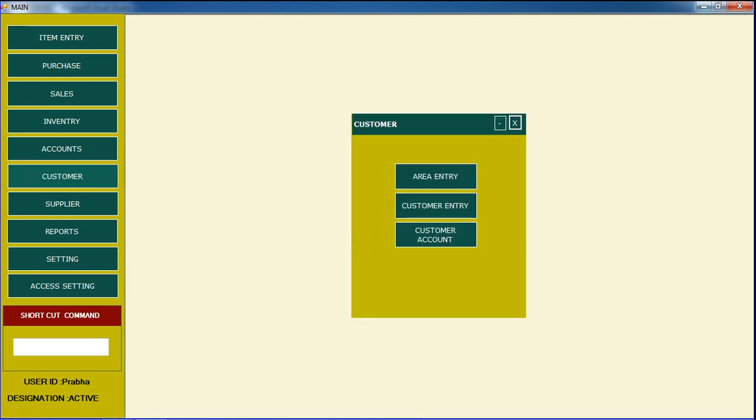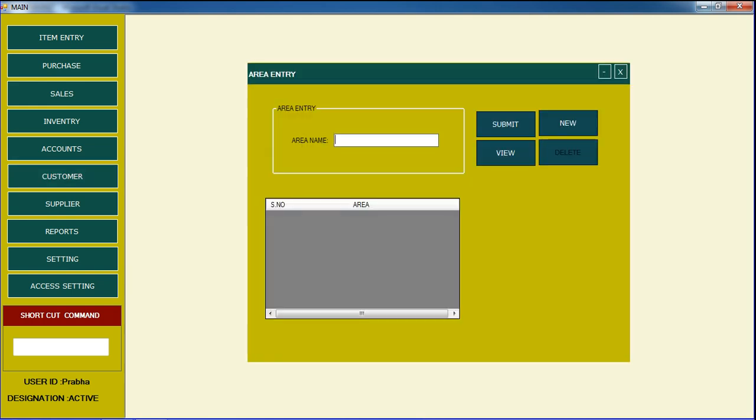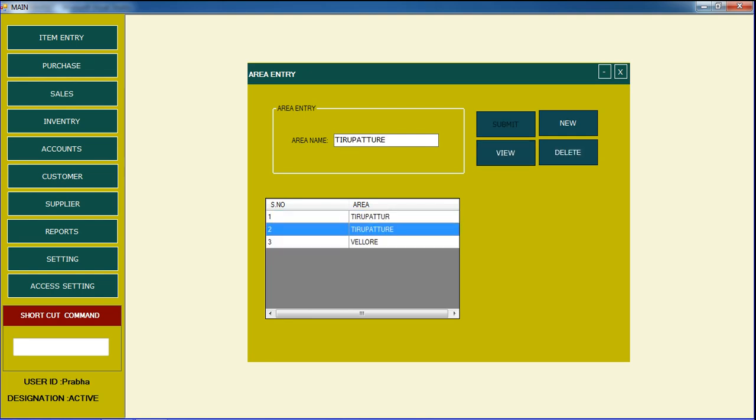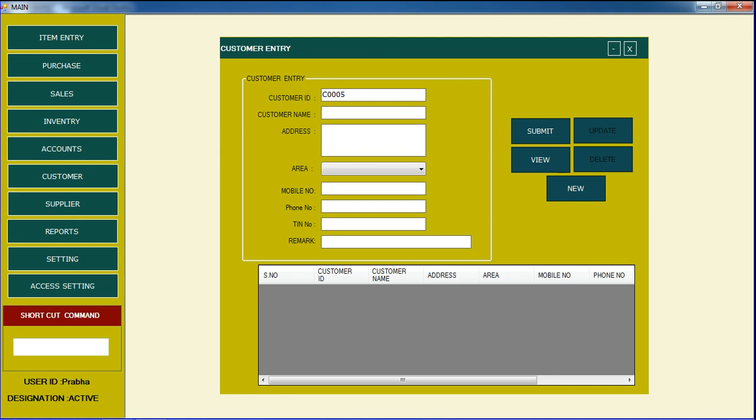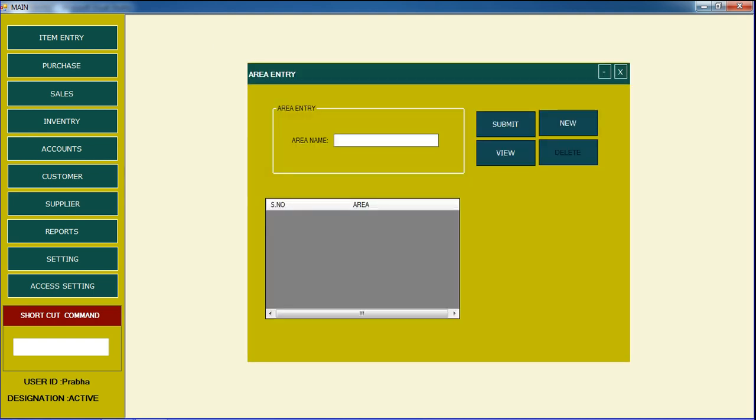This customer entry is also very simple, just which place the customer is saving. For example, a Tirupattur regular customer means this Tirupattur customer comes regularly, and for that purpose I just save here in customer entry. Before that, I entered that customer name, just to view. So by default I entered it here. Tirupattur one, like that I declared, and then saved.